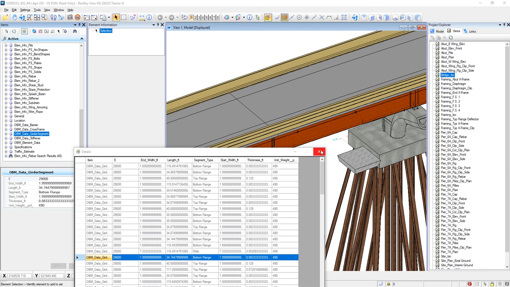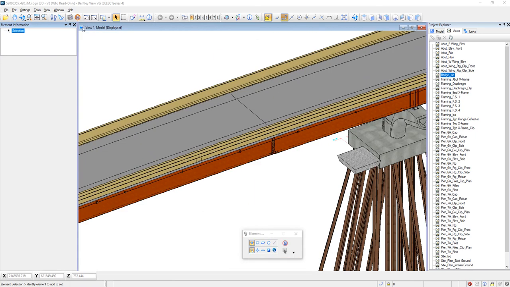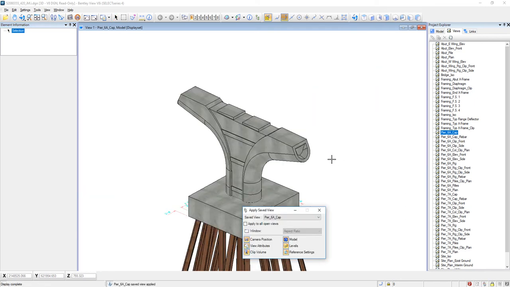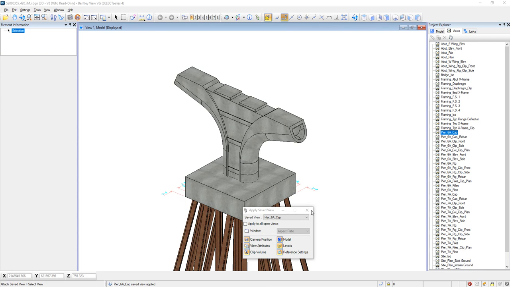Next thing I want to talk about is measuring. So we'll go ahead and just get out of the item browser altogether. And we'll go ahead and isolate a pier. So let's go to pier 6A cap, for example. Now, we are not providing any dimensions for the piers themselves, so dimensions actually need to be pulled from the model. So in order to do that, we'd go up here to our measure icon,